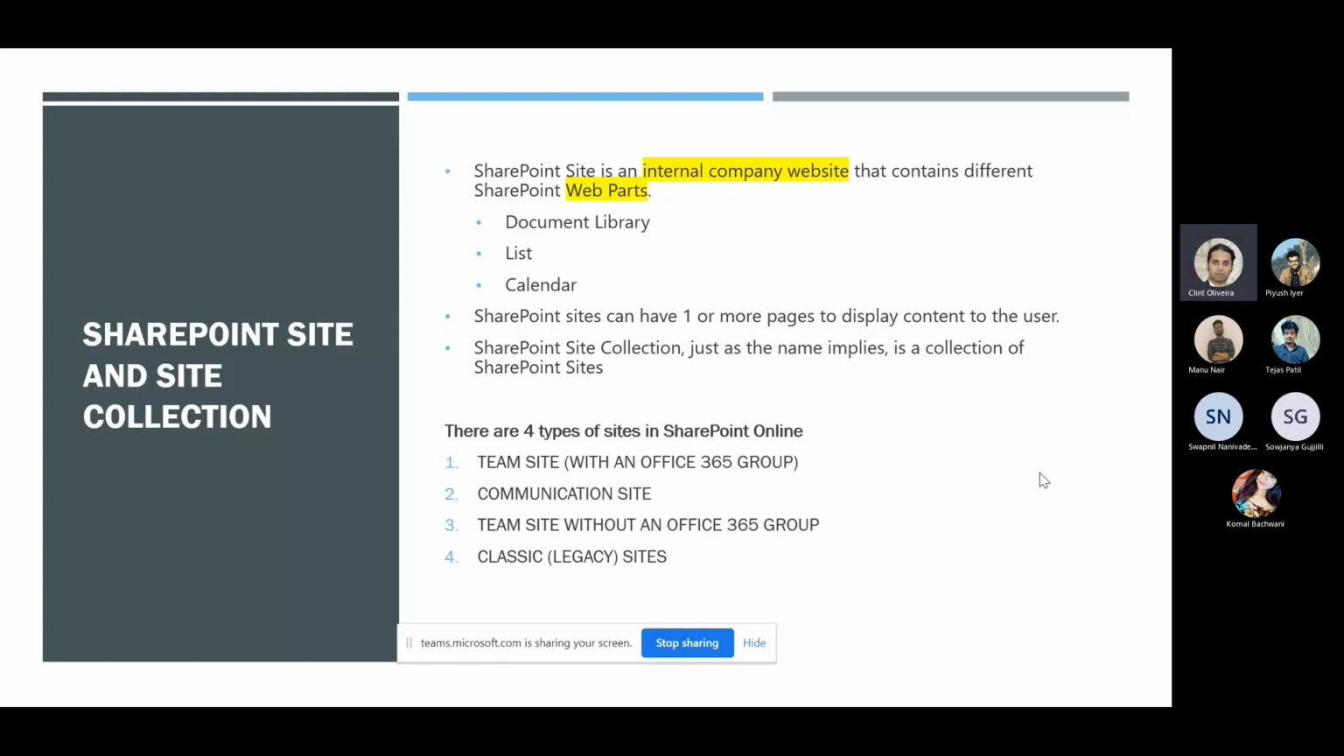There are four types of sites in SharePoint Online. So when you go into the SharePoint Admin Center and try to create a site, you'll have multiple different types of sites. The first one over here is a team site. A team site comes with an Office 365 group attached to it. And I believe all of you have probably dealt with Office 365 groups or unified groups, but it's a group